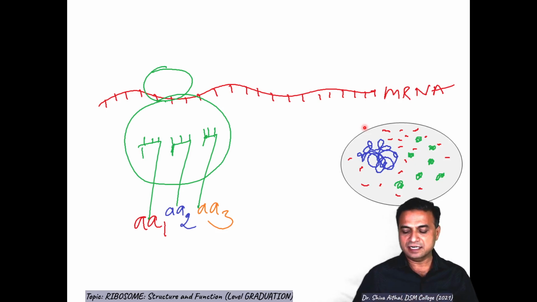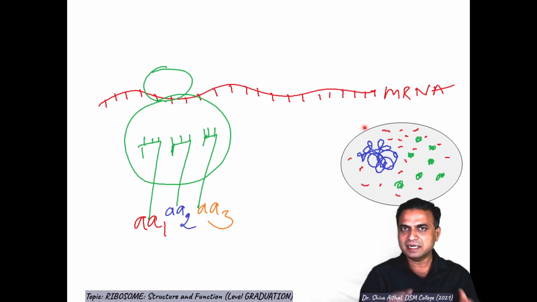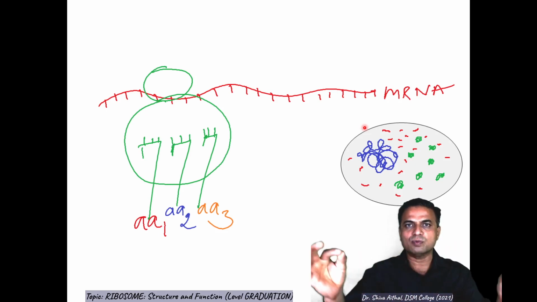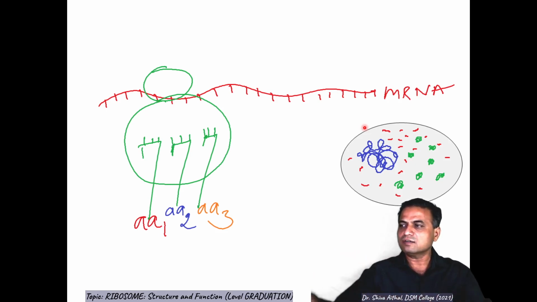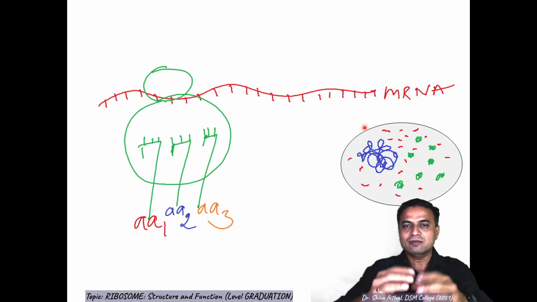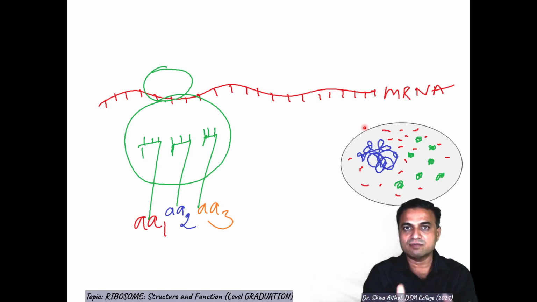Come, let us see in detail the structure of this ribosome, ribosomal RNA. Remember, it is a ribosomal RNA. It is an RNA. The 30S subunit, if you open it, will be a thread-like structure. The 50S subunit, if you open it, is a thread-like structure. The two ends of the thread have homologous internal pairing, which gives rise to a secondary globular structure. This rounded-off structure is associated with some protein molecules. Therefore, it gives a different type of globular structure as compared to the thread-like structure of mRNA or DNA.